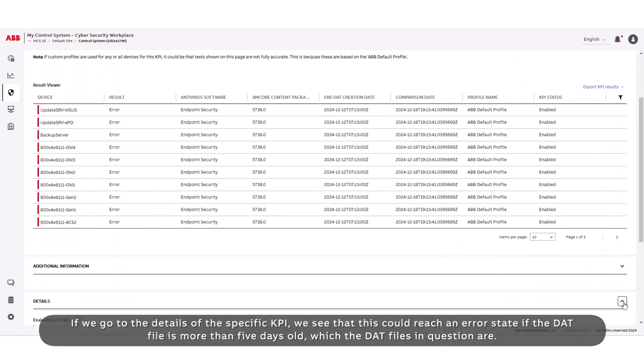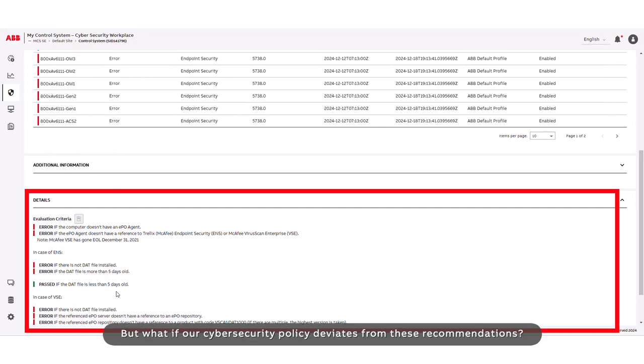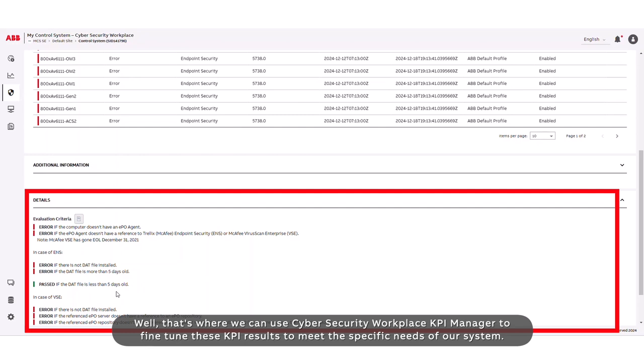If we go to the details of this specific KPI, we see that this could reach an error state if the DAT file is more than 5 days old, which the DAT files in question are. But what if our cybersecurity policy deviates from these recommendations? Well, that's where we can use Cybersecurity Workplace KPI Manager to fine-tune these KPI results to meet the specific needs